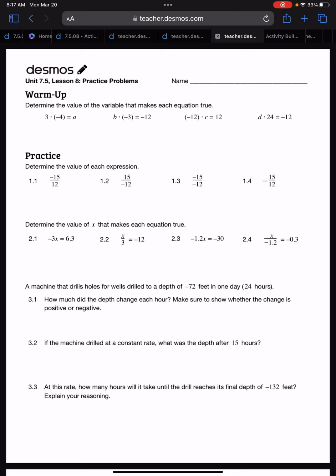So this is Unit 7.5, Lesson 8, Practice Problems. We want to determine the value of the variable that makes each equation true. To review,